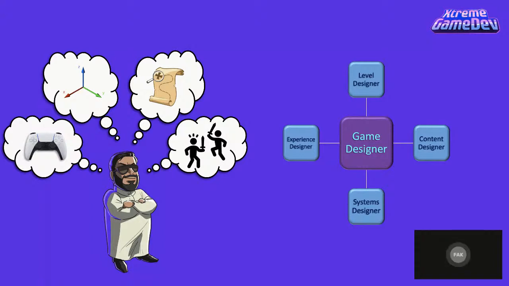So this is like a medium-sized studio. But then in a AAA studio, you become more detailed, more specialized. For example, as a level designer, you can be more specialized as an open world designer. So it's more specific in the game development process. You're not just a 2D level designer, you're going into more detail. By the way, there is 2D open world, I understand, but it's more specialized.